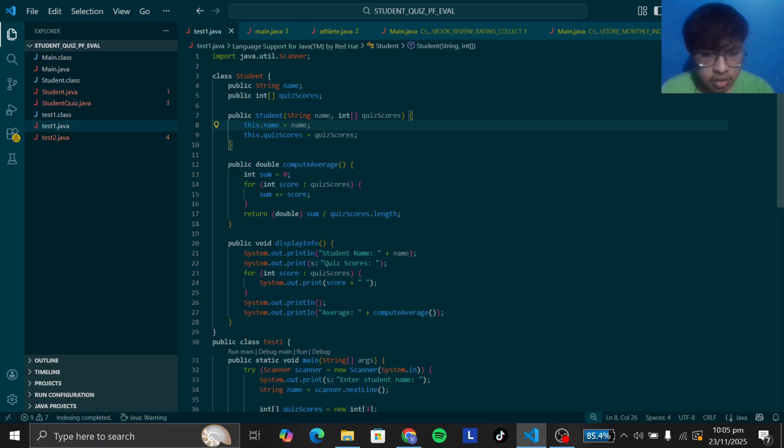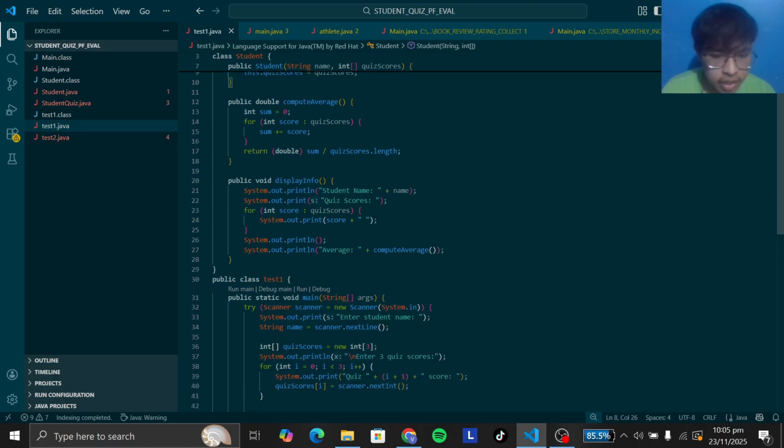three quiz scores. The Student class includes a constructor, public Student(String name, int[] quizScores), which runs automatically whenever a new Student object is created, assigning the provided name and quiz scores to the object using the this keyword to differentiate between the class variables and the constructor parameters. The class also contains a method, which is a computeAverage method,